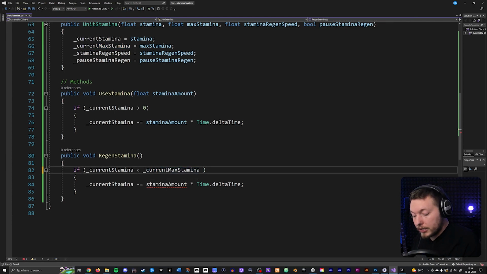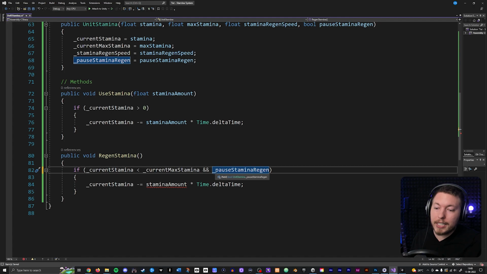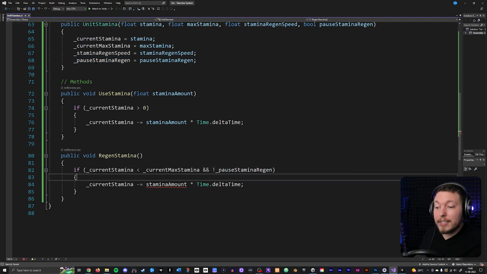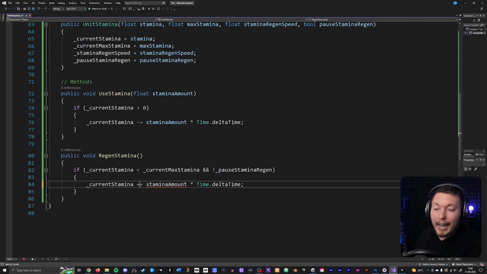And I do also want to make sure that currently we haven't set our pause stamina regen to true, because if it is true, then we don't want to be regenerating stamina because we have paused it. So I want to check if it's equal to false, because if it's false, then it's not active. And then inside the actual if statement, we just want to make sure that instead of subtracting, we're actually adding,